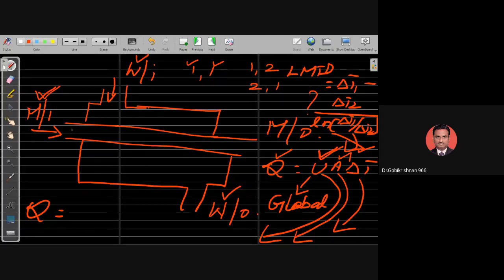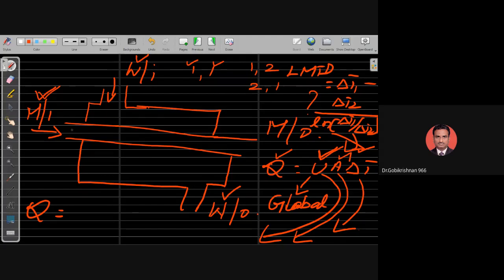I can also find out what will happen to the efficiency of the heat exchanger if I use ethanol and water instead of oil and water. All these things I can find out without conducting an experiment. That is the beauty of this simulation. Can all of you understand? Okay, therefore